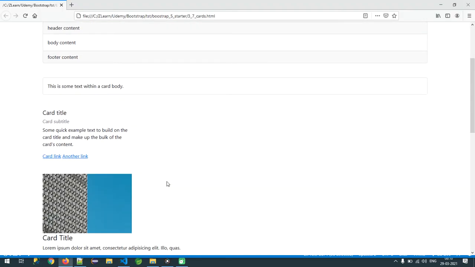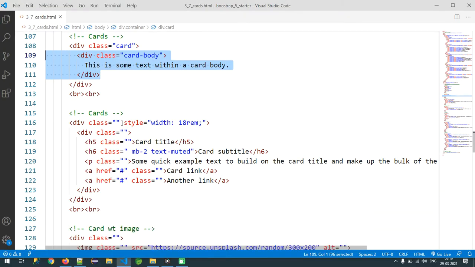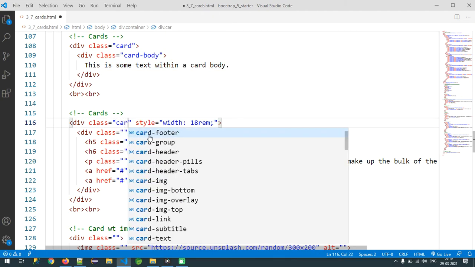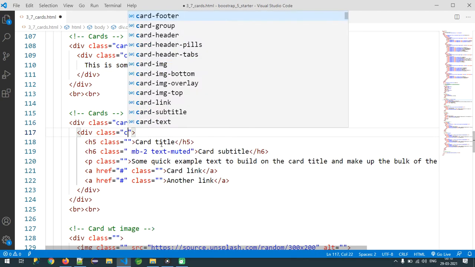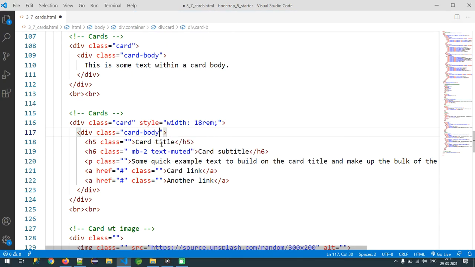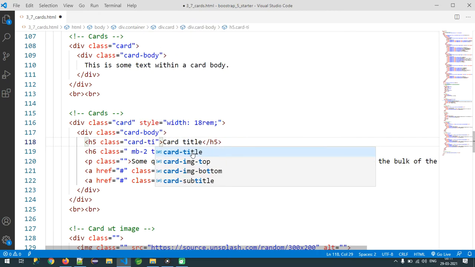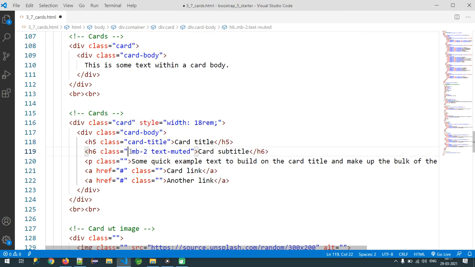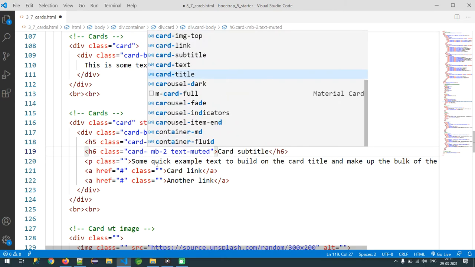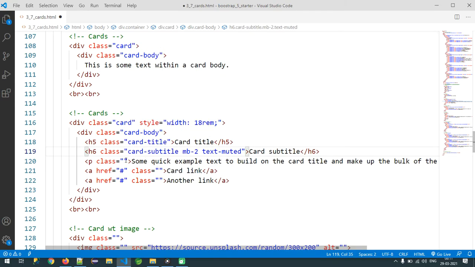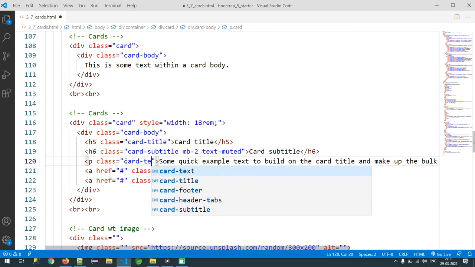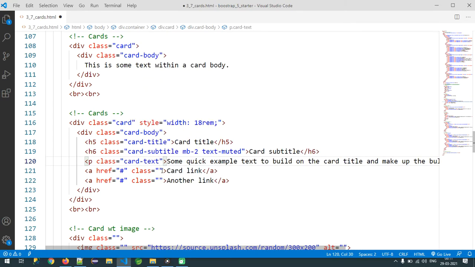Sir, I want the card to act as a container. Right now this is my card, and this is my subtitle and the links. I want to beautify this. How is it possible? It's very simple. Observe card, and this is the body content, that is why card-body, and the title. We have special classes to represent different text in the card. So I have card-subtitle also. Yes sir, I am able to create the subtitle, and card-text, some text content, and this is a link.